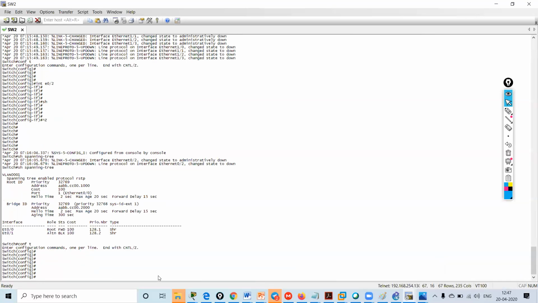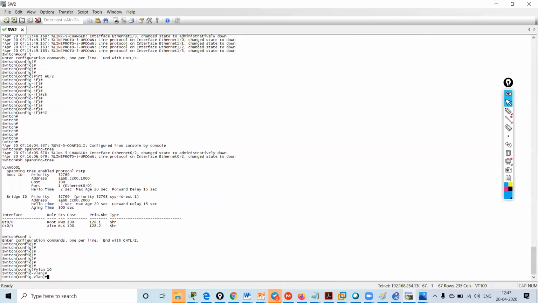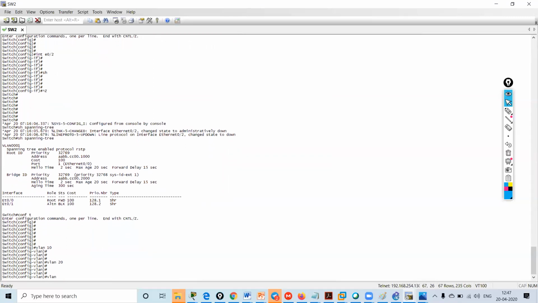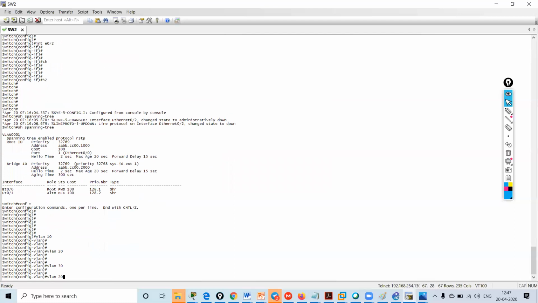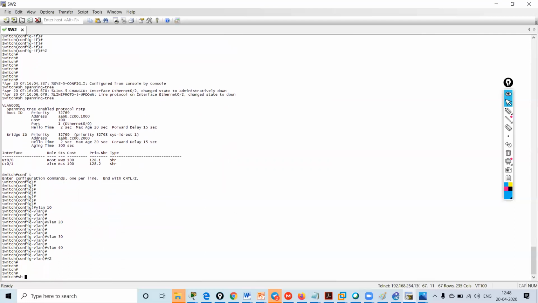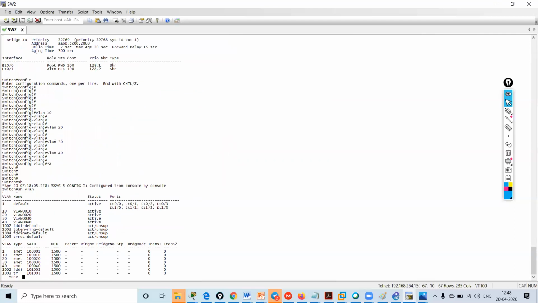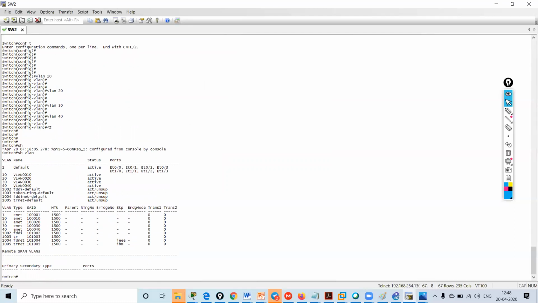So what I will do, I will create VLAN 10, VLAN 20, VLAN 30, and VLAN 40. Okay, show VLAN. So I've created 4 VLANs.